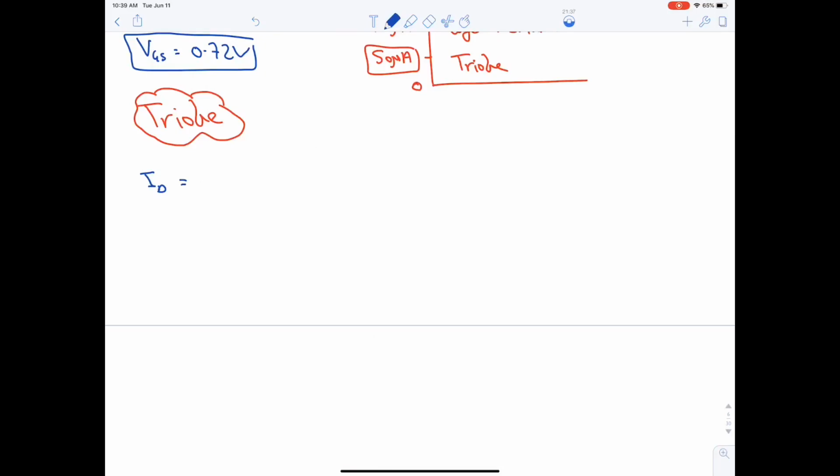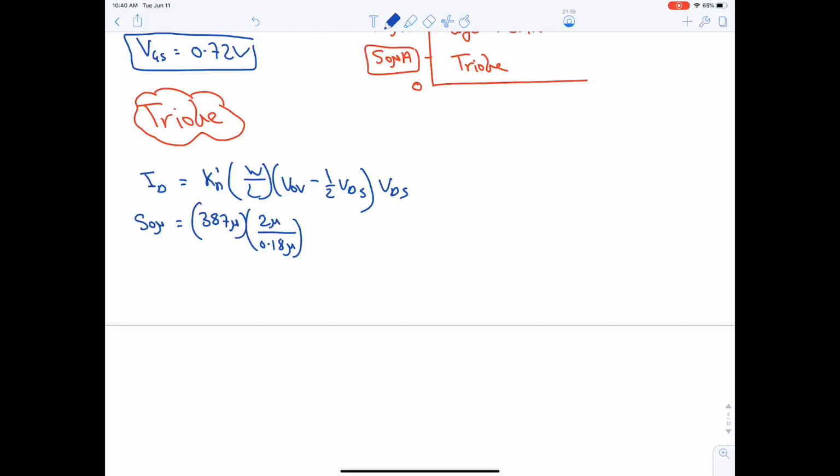ID is equal to Kn prime W over L, VOV minus half VDS, multiplied by VDS. ID is 50 micro, Kn prime is 387 micro, W over L is 2 micro divided by 0.18 micro. VOV is 0.22 minus half VDS multiplied by VDS. VOV, how did I know it's 0.22? Because Kn prime I took it from here,